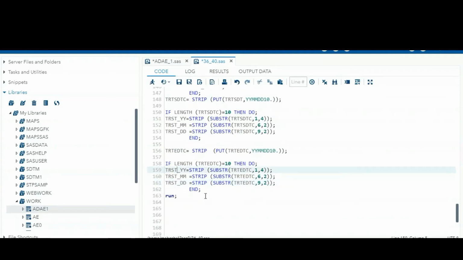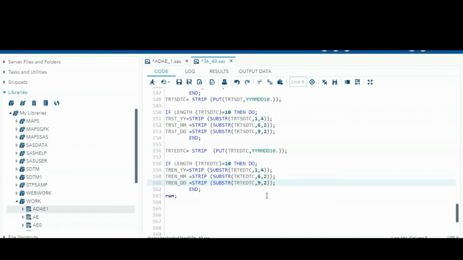Okay. So TREN YY, TREN month, and TREN DD. If you have any partial dates present for treatment also, the client will give an alternate option, like if it is missing, which date you have to consider, either the randomization date or the ICF date. They will suggest it if the treatment date is missing.